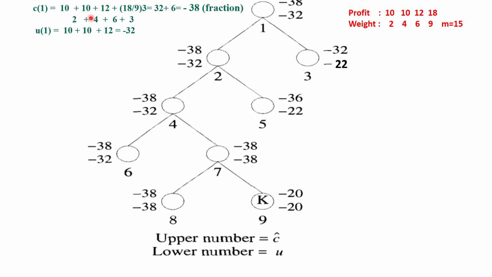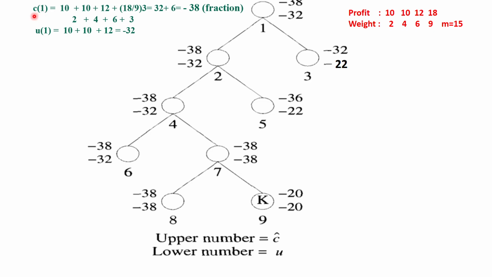Let's see. For node 1, once again you are using the state space tree, because it is part of branch and bound, but you are using it as LC here, least cost. So at the first node, at present I have not included any item. Before that I have to calculate the lower number and the upper number. For calculating that, I am considering all the items and, according to the criteria, I will consider here.